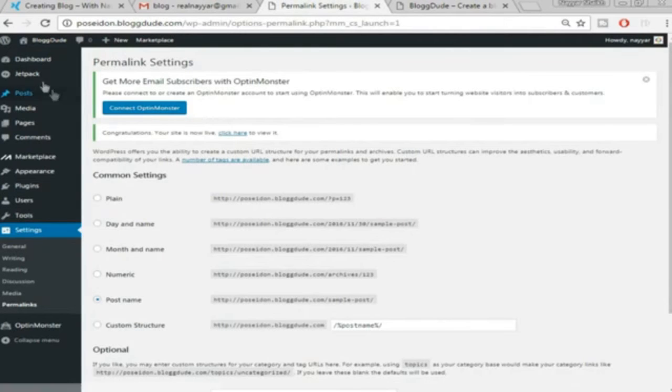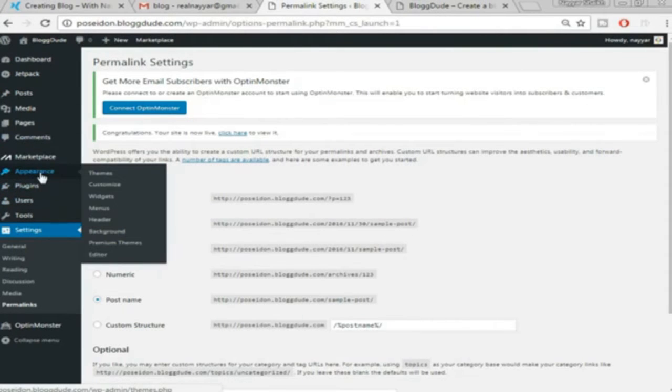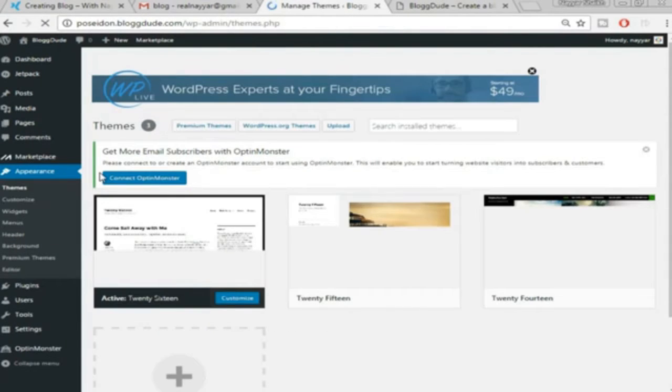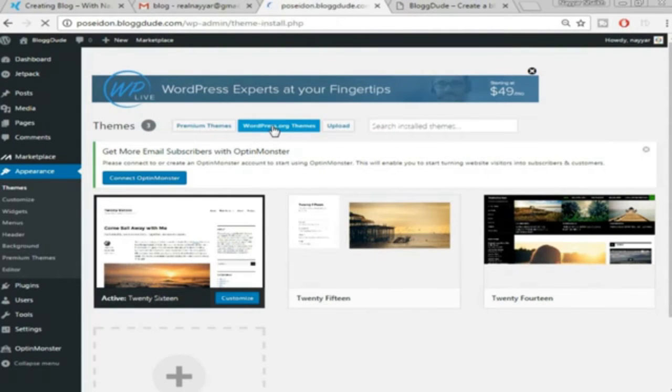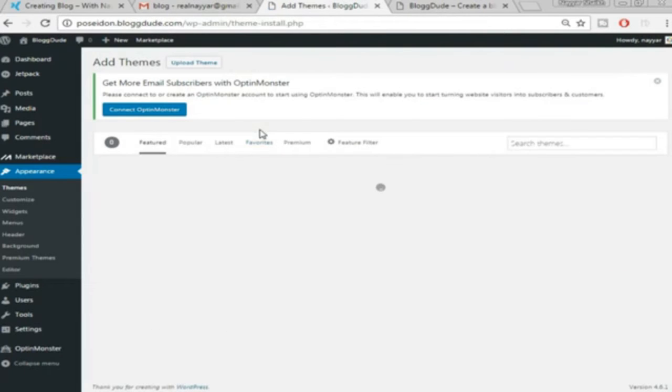So come back to your dashboard. At the left side you will see something called appearance. Hover over appearance and select themes. A great thing about WordPress is that you get so many beautiful and professional themes for free. Now click on wordpress.org themes because we want to install a free theme, and in the search bar type in